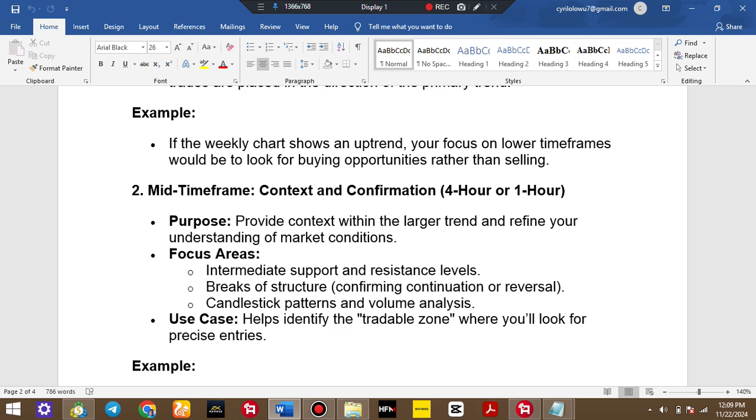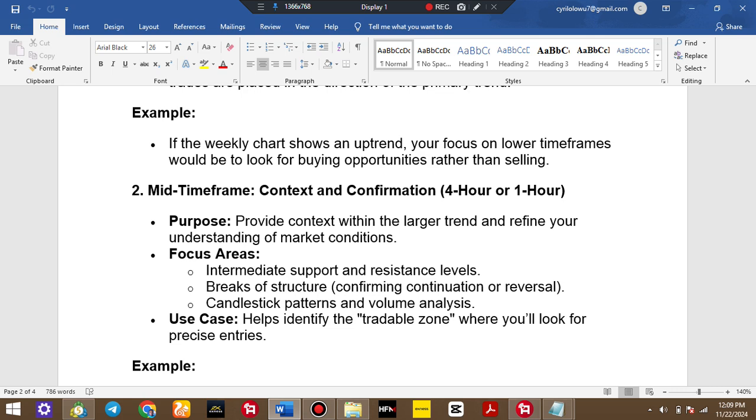You are looking for where we have a good support zone where price will push towards the upside, a good demand zone where price will push towards the upside, a good bullish order block where price is going to push towards, or probably looking for a trading pattern, which is either a double bottom formation or a trend line. So this is where you come down to your 4 hour looking for confirmation.